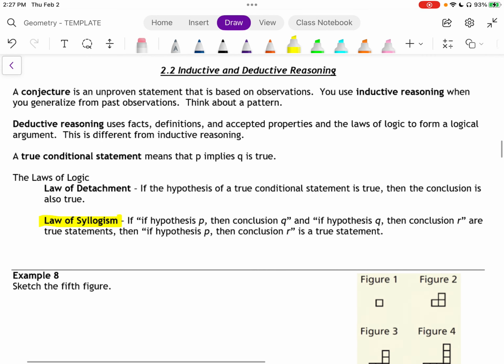So a true conditional statement means that P implies Q is true. We talked a little bit about that in the last section. And then lastly, the laws of logic. So we've got two of them. Law of detachment. Let's read this. If the hypothesis of a true conditional statement is true, then the conclusion is also true. Okay, so that's talking about the